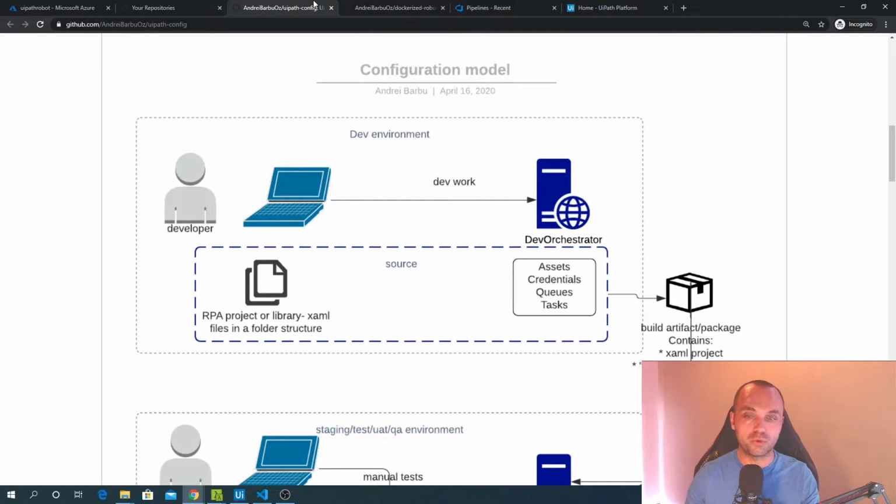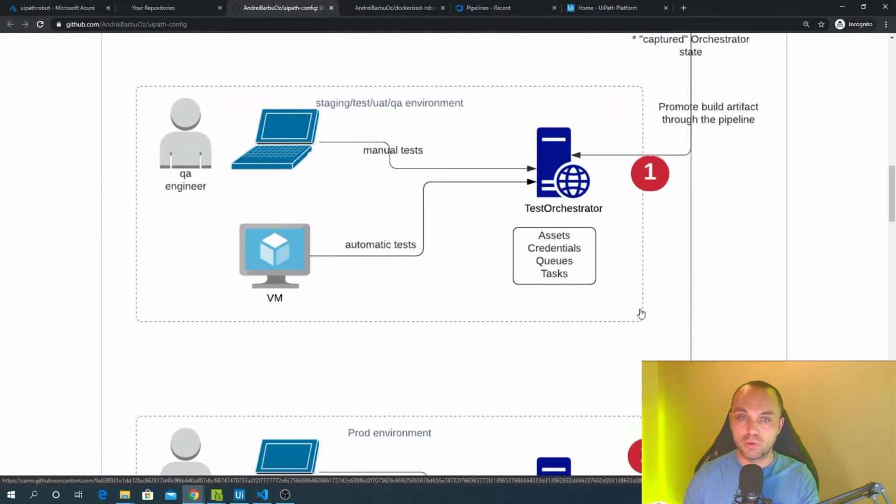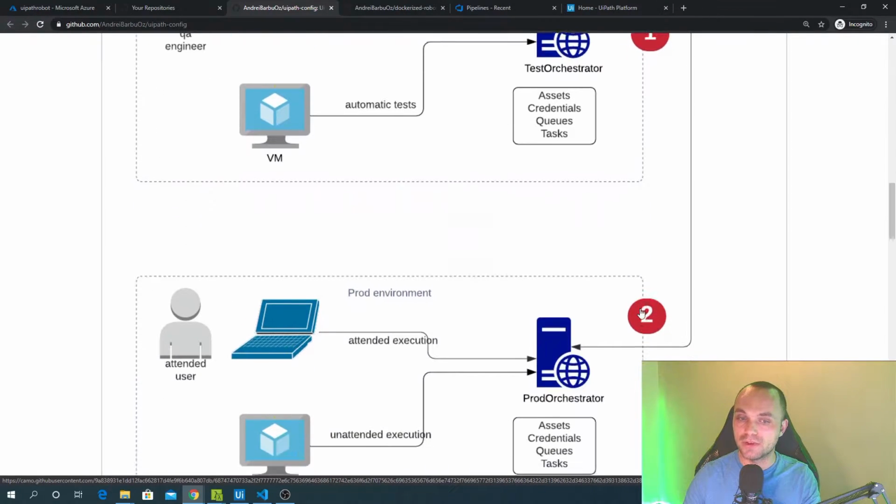I want to build a project, and I want this project to then be committed to Git. This Git commit should trigger a pipeline which will build the build artifact and promote it through subsequent environments, first to some testing environment. It can be staging, QA, UAT, and then the same build artifact needs to end up